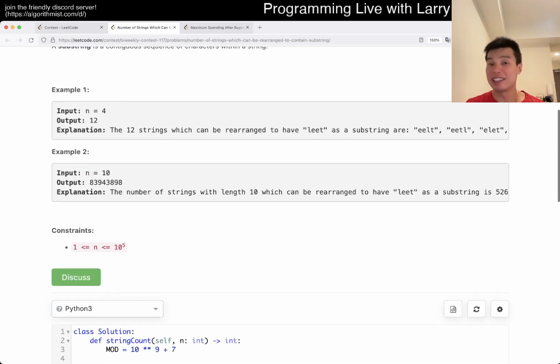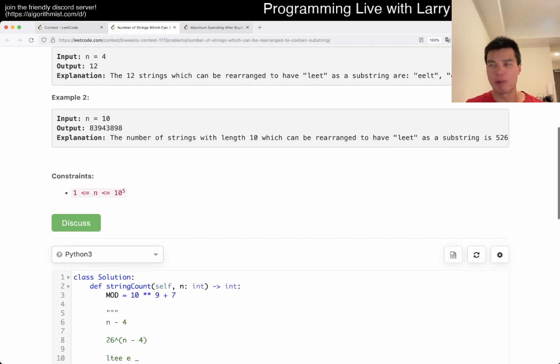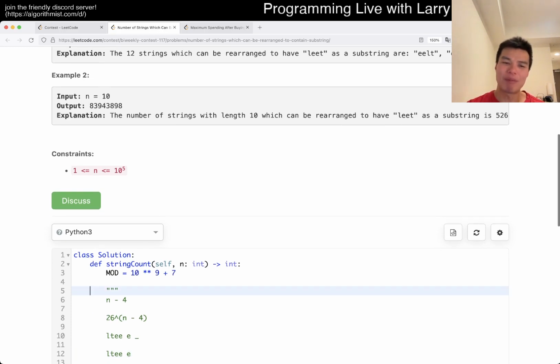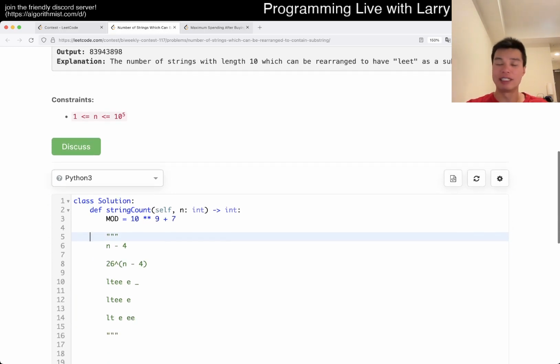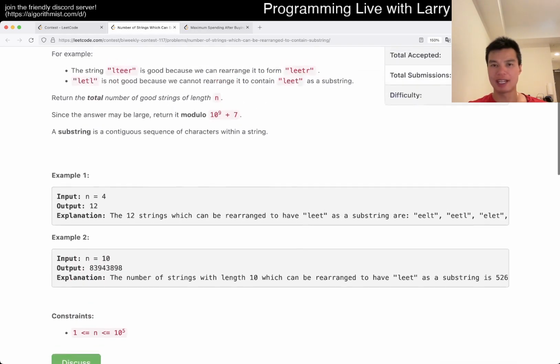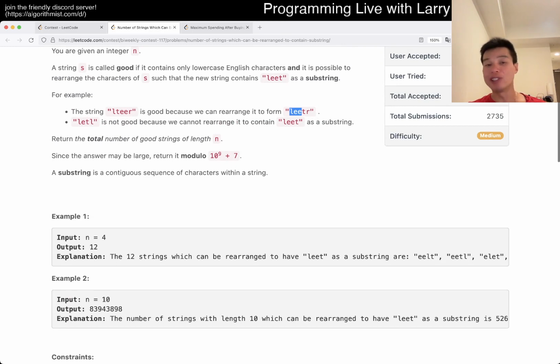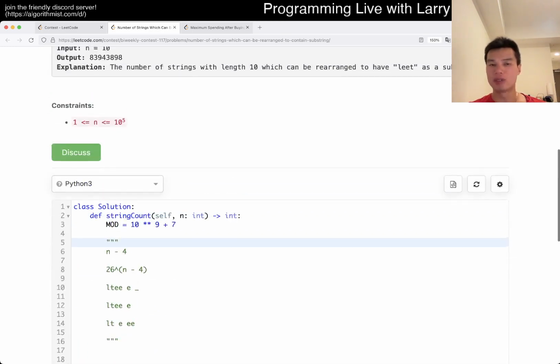What was the other way that I did it? There was another way that I did it incorrectly. You could watch the live portion. I think I go over it because I was like, oh wait, this doesn't work because of this other reason. But the tricky part is to kind of handle all of these. And the thing that I noticed during the contest is that there are only 3 characters, right? L, E, and T, which is good for